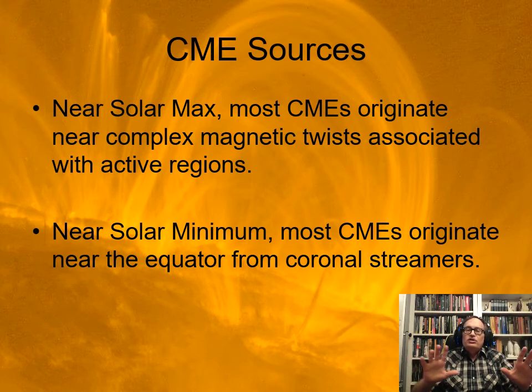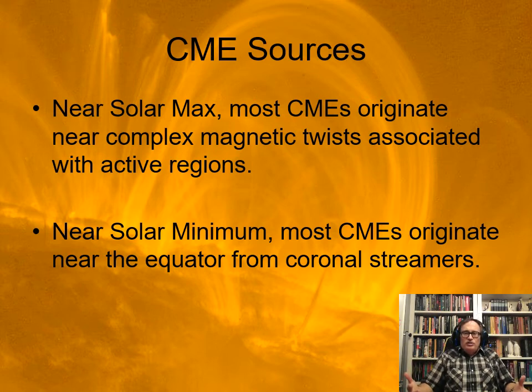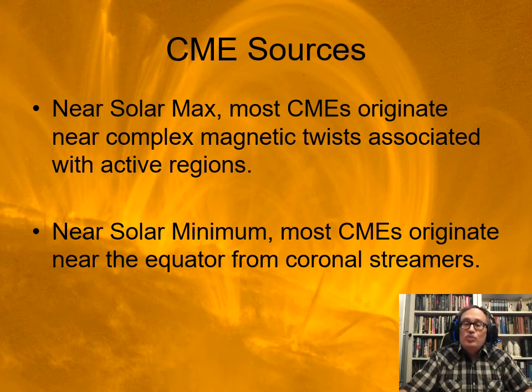And now at solar minimum, you would think, well, there's hardly any sunspot groups, so you're not going to get hardly any solar coronal mass ejections. And you don't get nearly as many. You don't normally get as big ones, but you do get a few because there are these coronal streamers near the equator of the sun that can detach and go off as well. And so it turns out a little bit different process goes on in terms of making that happen. But this is where you get the coronal mass ejections that then give rise to space weather,